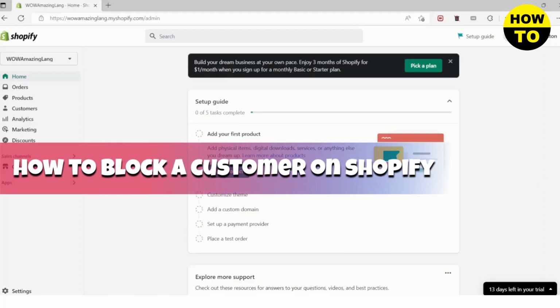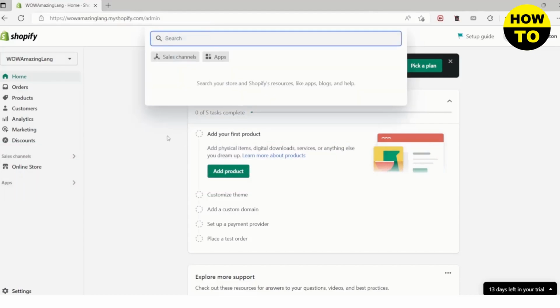Today I will show you how you can block a customer on Shopify, so let's get into it. You will open up your Shopify and then you can go to apps and you can go to your app